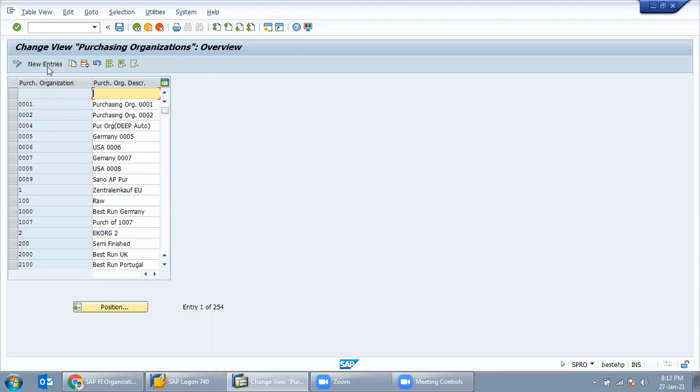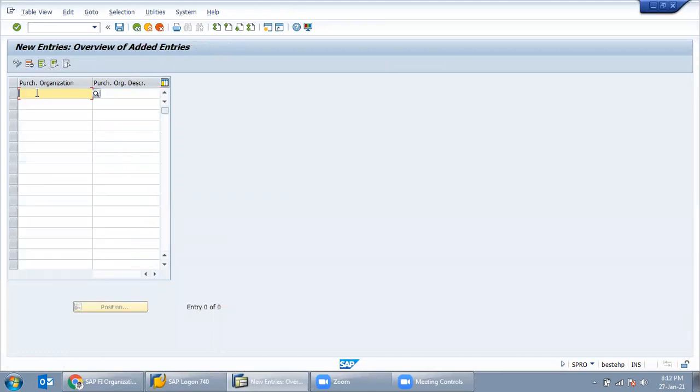Just click on new entries, AB01, purchasing organization Aditya. Here we will create two purchasing organizations, like AB02 again, and copy paste.